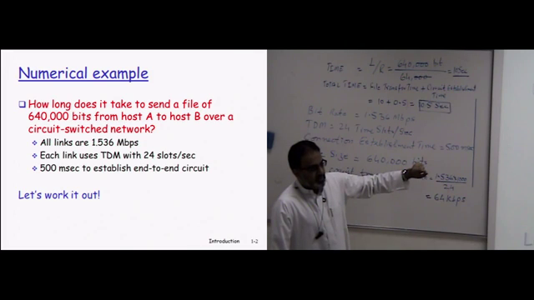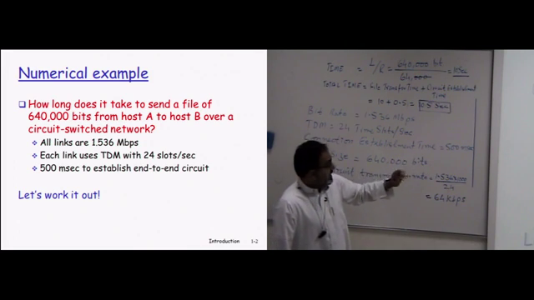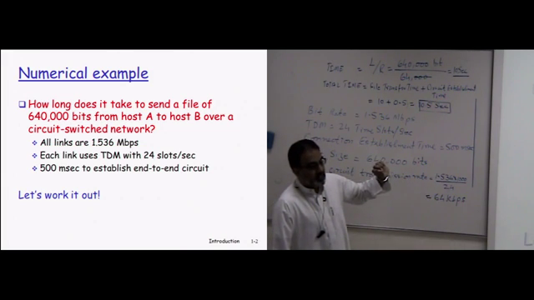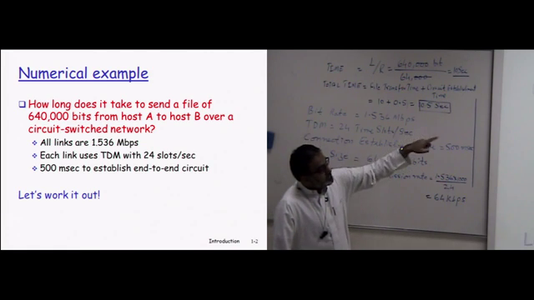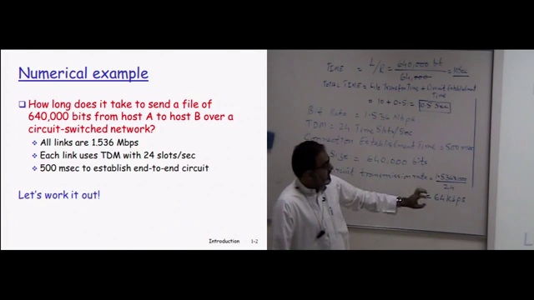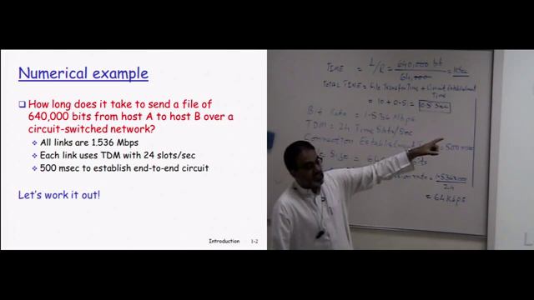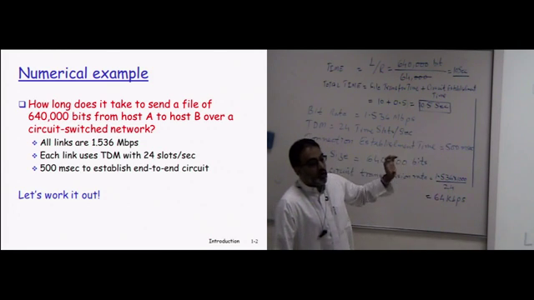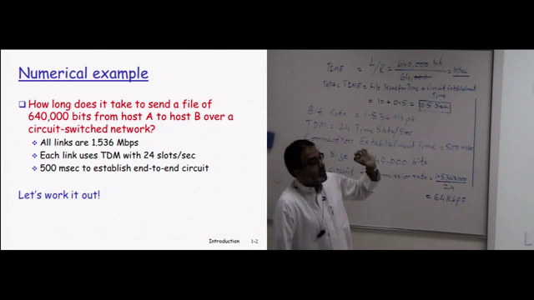Clear? To get the transmission rate for every time slot, 64 kilobits per second will be taken by every time slot. So the size of the file is 640,000 bits. So how many time slots will carry this data? Definitely multiple time slots will carry this file, and how much time those time slots will take,